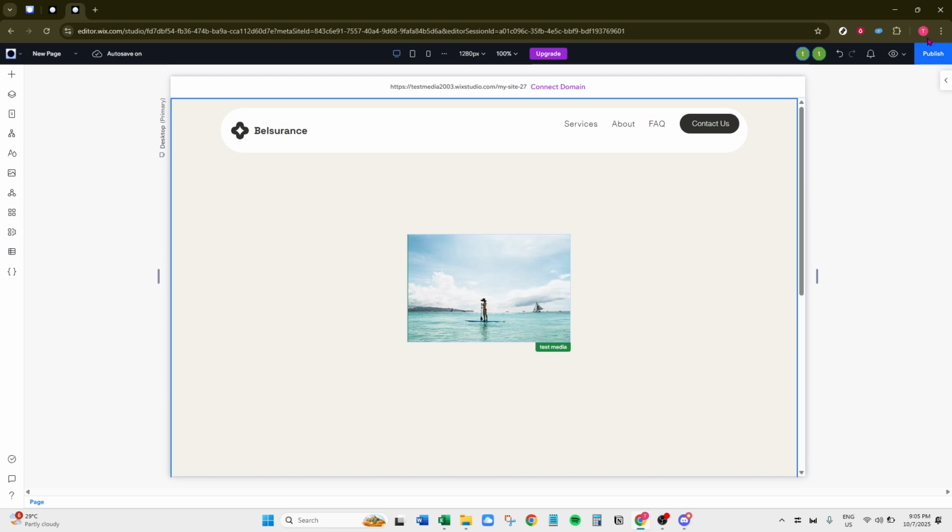And there you have it. From start to finish. That's how you make an image fit perfectly on Wix in just a few easy steps. By following this straightforward process, you can ensure your website's visuals enhance your content rather than